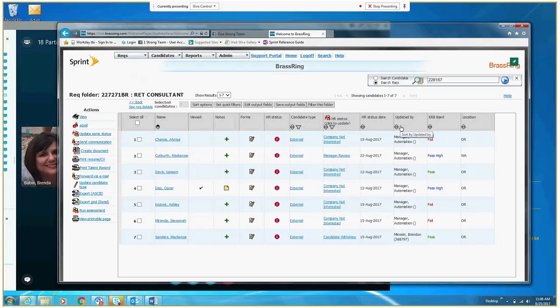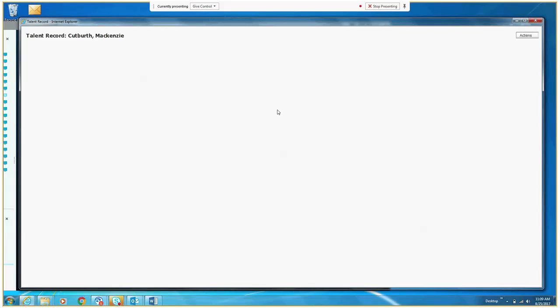So this is not one of the best examples for a requisition, but it's probably all I have right now. I have one candidate who's sitting in manager review. And for candidates who have been sent to select for hire, if they have not completed their application, for example, and you need to rescind the application because they just have not completed it for whatever reason, maybe they haven't received it, maybe it's going to their spam or junk folder, maybe they can't log into their email that they set up with us in their submission.